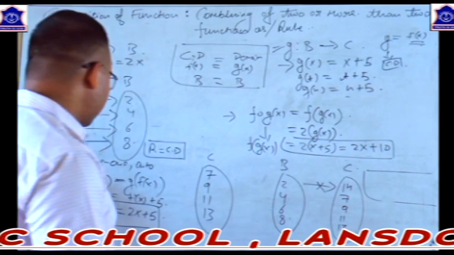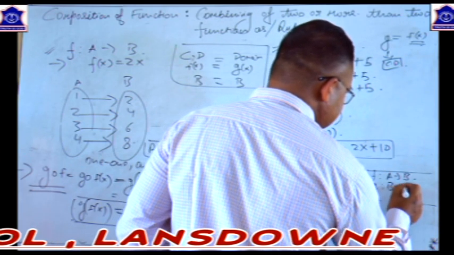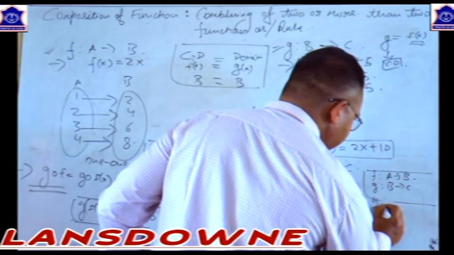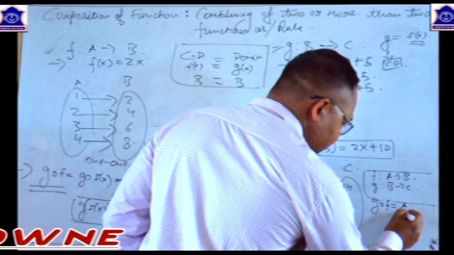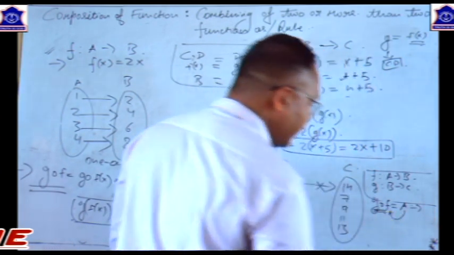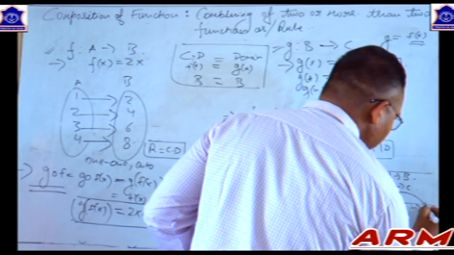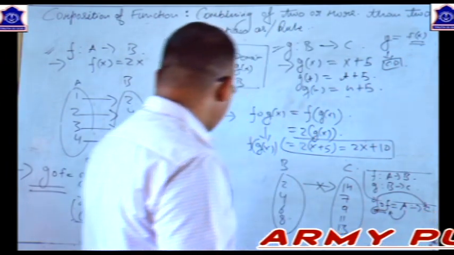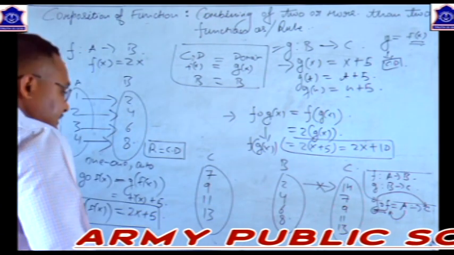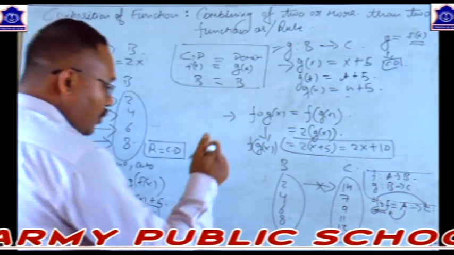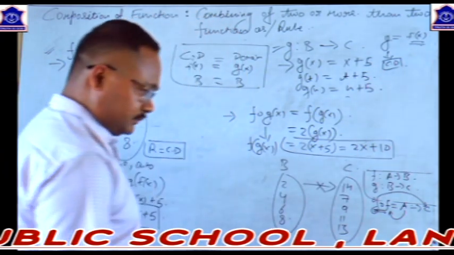Because I explained a concept to you: here, for g of fx, one function was from A to B, and g is the function from B to C. The combined function we obtained has the domain A, which is the domain of the first function, and its codomain is the codomain of the g function, which is C. So the function was from A to C, and it existed and was valid, as I explained. But here you can see that none of the elements of the domain of the g function is related to any element of set C.